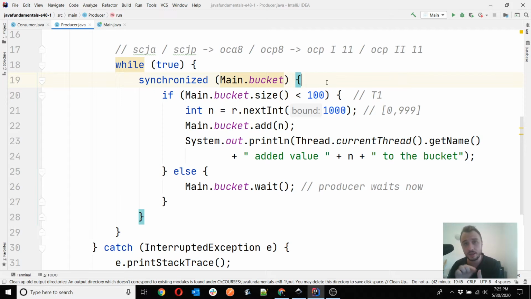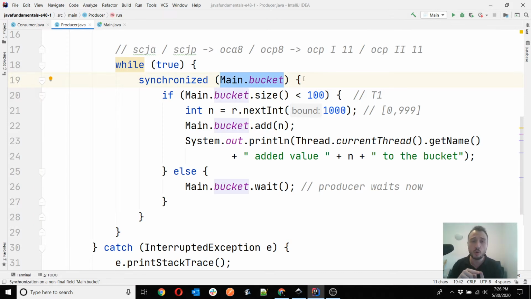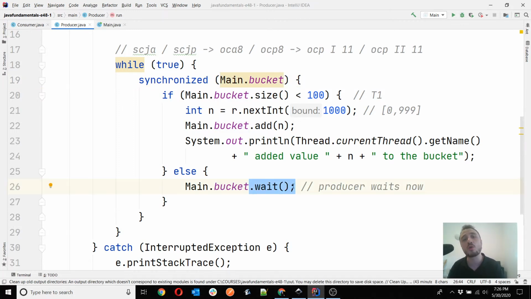That's the first thing you need to know. The second thing you need to know is that it is always the monitor, that object from which you have to call wait and notify. You cannot call wait and notify just for any kind of random object. It always has to be the same object that you use as the monitor of the synchronized block, because of the logic of it,